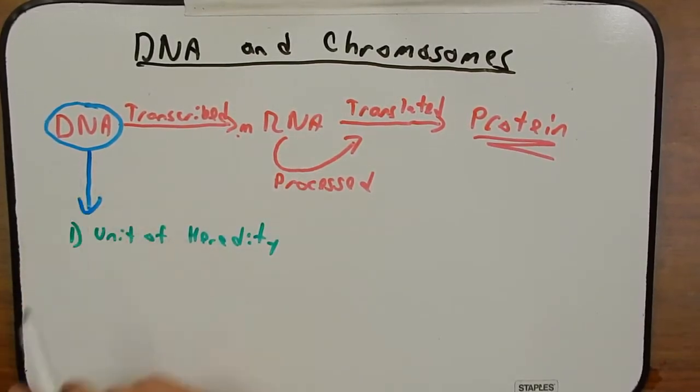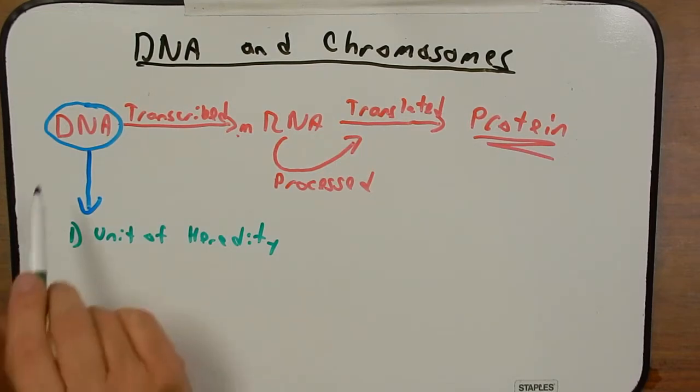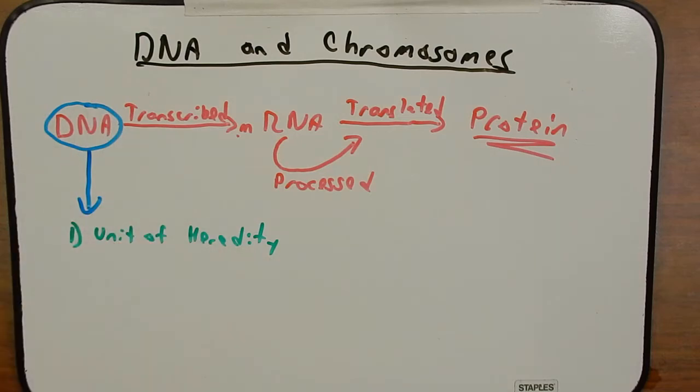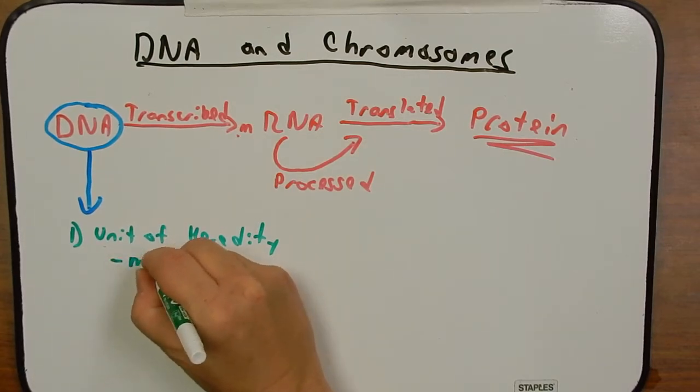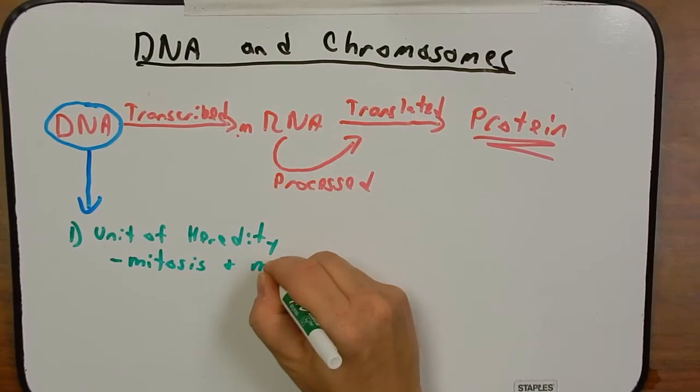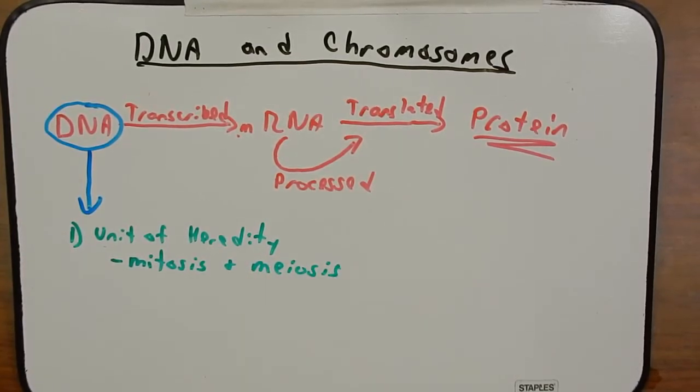This is what gets passed on to our progeny and then to their progeny and so forth. So understanding how it's constructed is important in understanding this process. It's also important when we think about heredity when we come to the topics of mitosis and meiosis this semester. We'll want to understand the chromosome quite a bit and how it's used to get packaged into progeny cells.